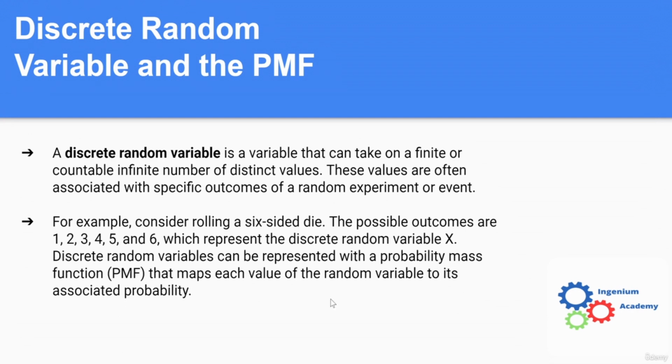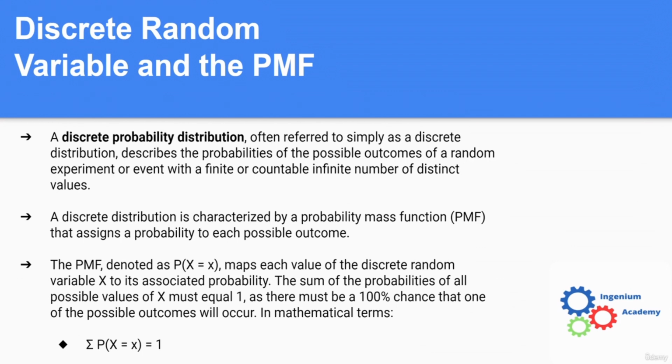And so this probability mass function will be able to tell you what is the probability of a 1 occurring, a 2 occurring, or a 3 occurring. This is where we talk about the discrete probability distribution, or the probability mass function, the PMF. It's going to take all those outcomes of a random variable or a random experiment and map them to probabilities. In the example of a die, we had 6 different outcomes, 1, 2, 3, 4, 5, 6. For outcome number 1, it's going to map 1 to its probability of occurring, which is just 1 over 6,